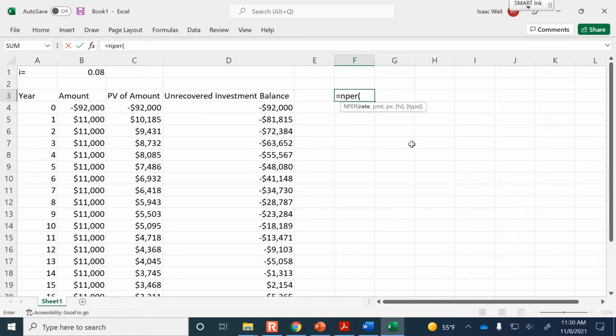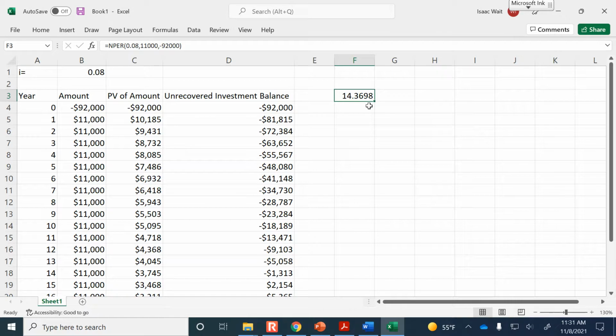So first of all, the rate. So I could type this in or refer to the amount. So I'll just type it in. 0.08 is our rate. The payment, okay, so our payment amount is $11,000 each year. And the present value, negative $92,000. And it's going to find out how long it takes to pay that off. Now my future value, that would be if there was some salvage that I had to take care of at the end of the lifespan, but there's not. It's just a present value and a payment, and what it solves for is